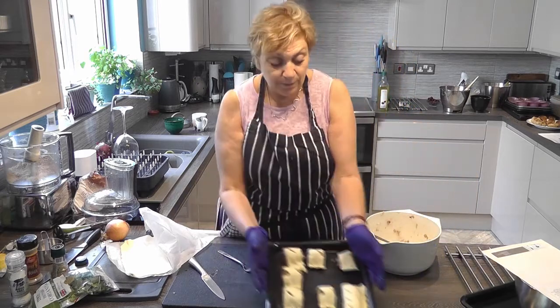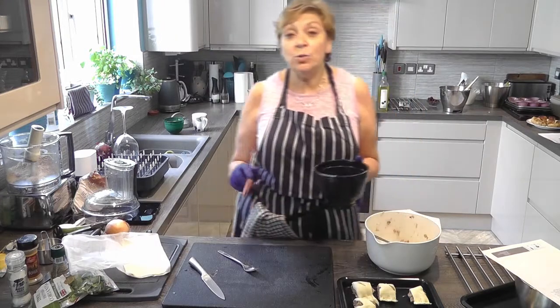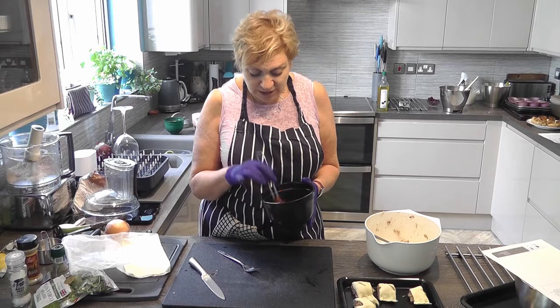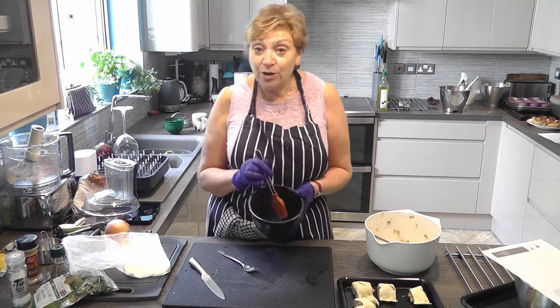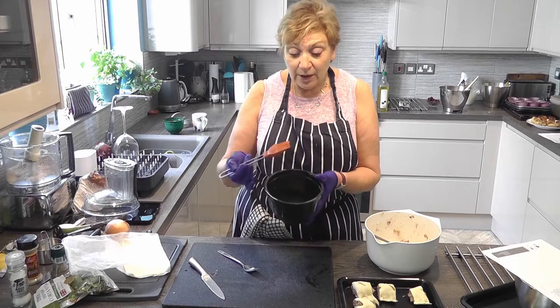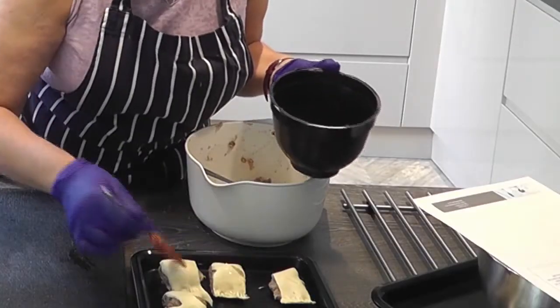So those, one more thing to do. You want a little extra egg for glazing. I think I've done this before anyway. So you take an egg, you beat it up, add a little bit of water to it, so it's quite soft, and a pastry brush, and you just literally paint